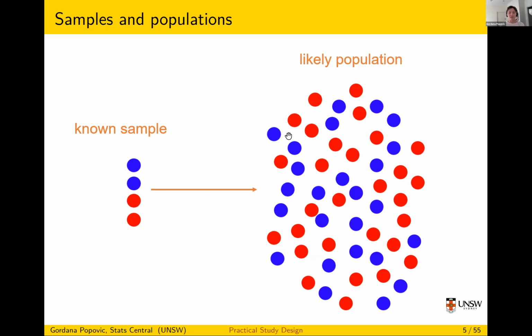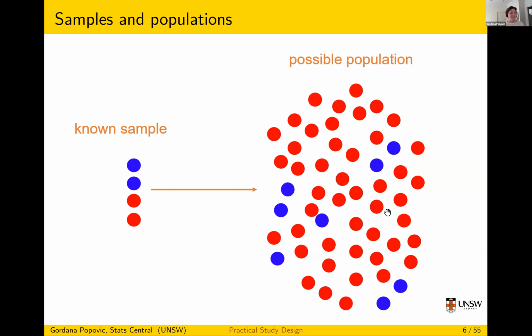So we went and measured 4 of these things, and two of them turned out to be blue and 2 of them turned out to be red. Okay, but we don't know what the population is. What we want to know is what does the population look like in terms of the proportion of reds and blues? But all we have is this sample. And in this sample, the reds and blues have an equal distribution, right? It's 50-50 in my sample. So my most likely population based on this sample is that it's about 50-50 in my population, right?